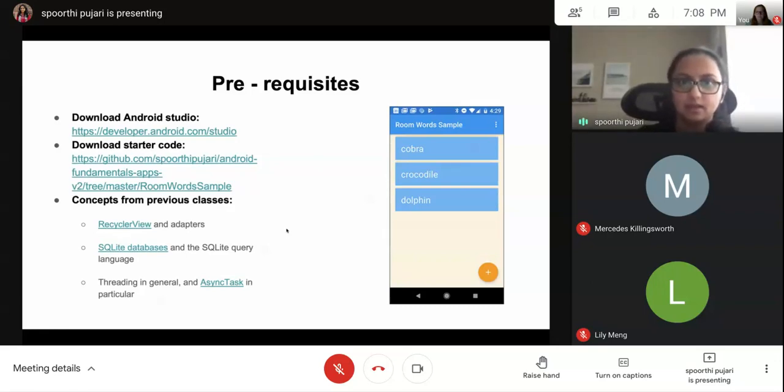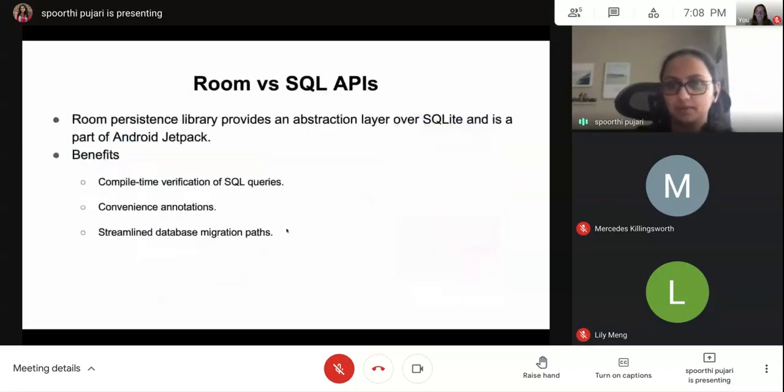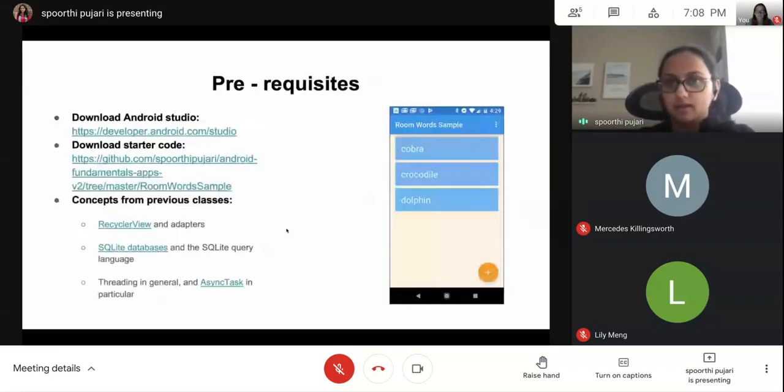So let's start. For the SQLite part, we're going to be using a sample application, which is called the Words Sample app. I'll tell you what the sample app does going forward.